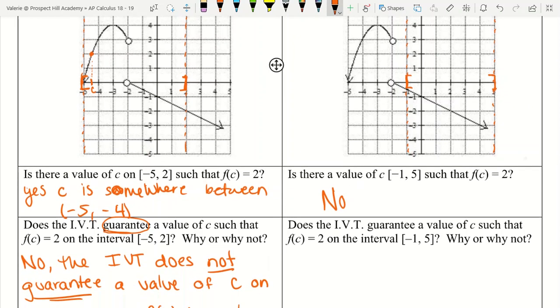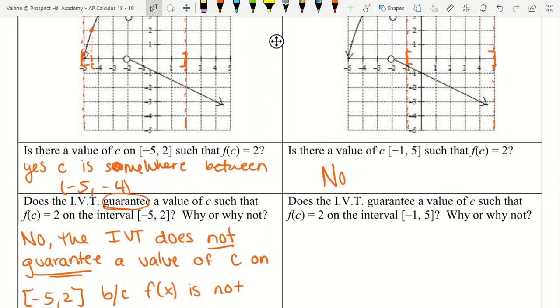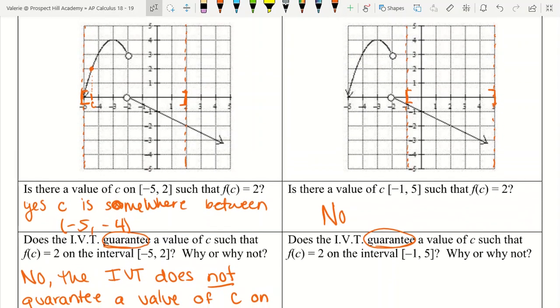All right, so now, looking down at the bottom, we want to see if IVT guarantees a value of c such that f of c is equal to 2 on that interval. So again, with this word guarantee, right? IVT states that if we're continuous on this interval, which our graph is, there's no breaks, there's no asymptotes, we're good to go. So we are continuous on this graph,